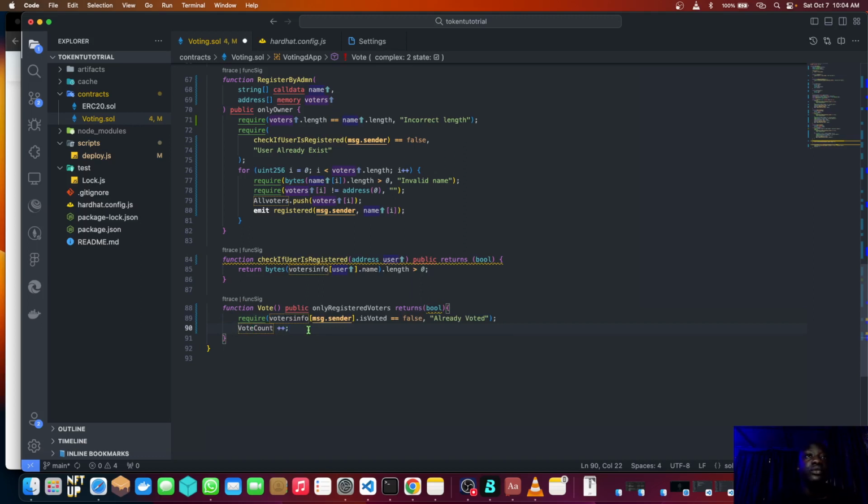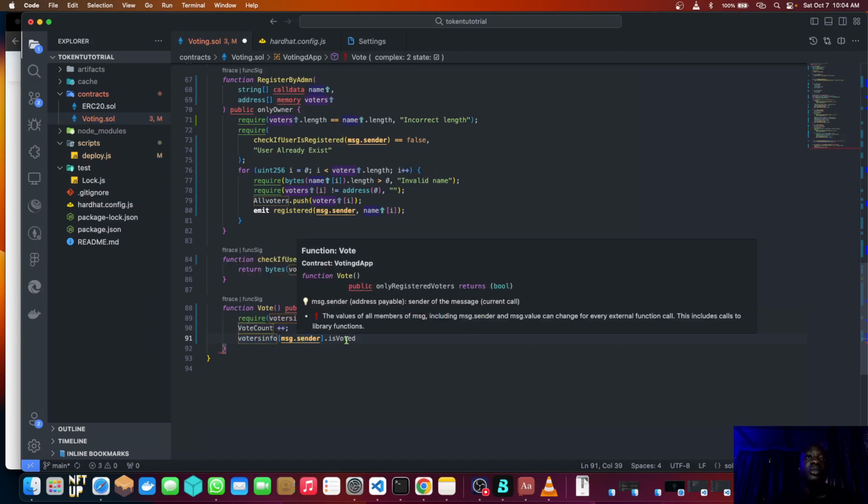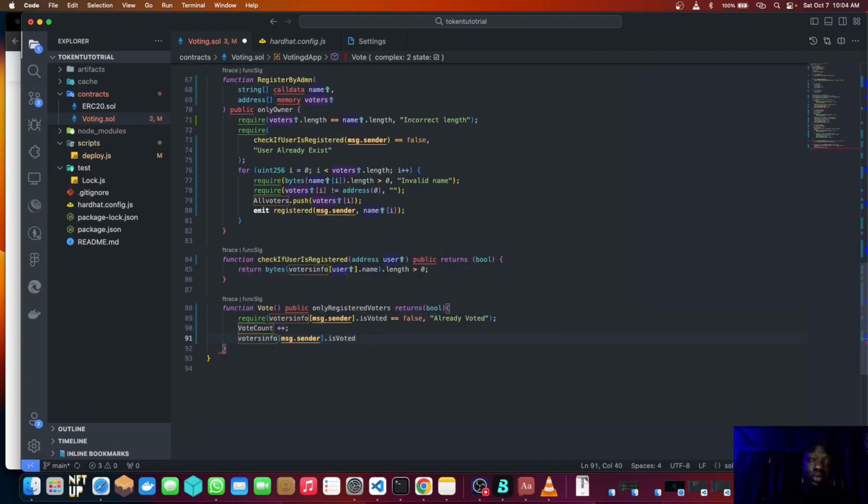So we are going to say vote count, we are going to add it, plus it up. Then we are going to set, after the user has voted, the voters info, the message saying that is voted will be equal to true because the user has already voted. Sorry, this has to be equals, not not equals. Then like that we are going to emit our voted